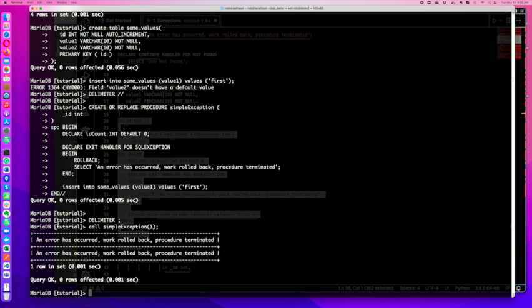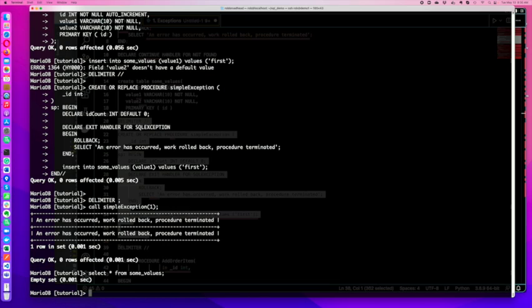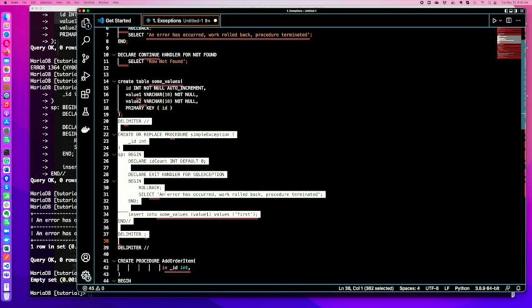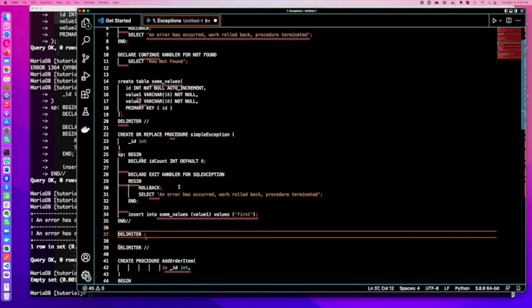And so here, I get that there was an exception there. Now it's going to try that, but if I do select star from some values, I see that it didn't come in, and instead I get this, and notice that the text is also the column. So what I could do is, and it's a rollback here, and so that rollback doesn't really matter too much,